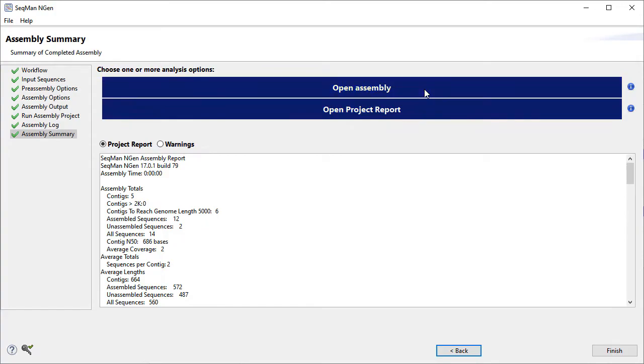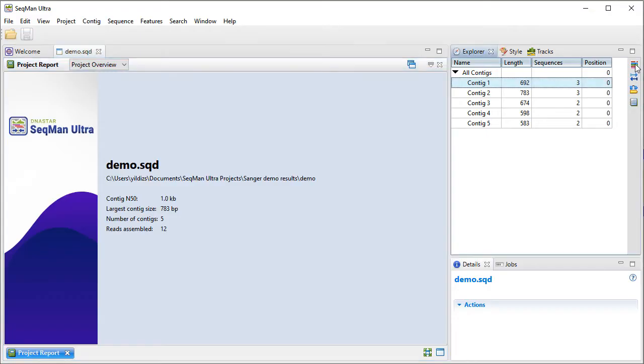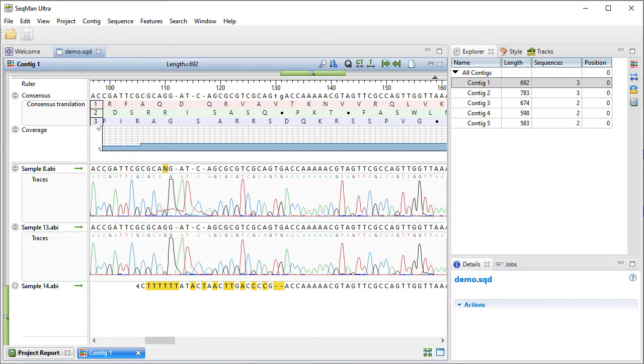After assembly, you can view the read alignment, as well as the coverage,